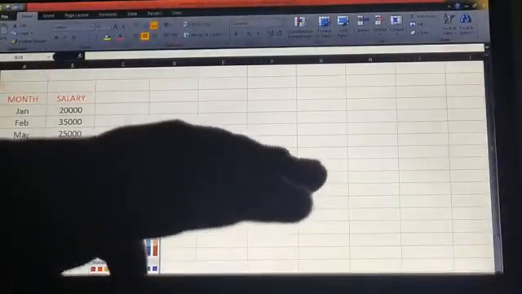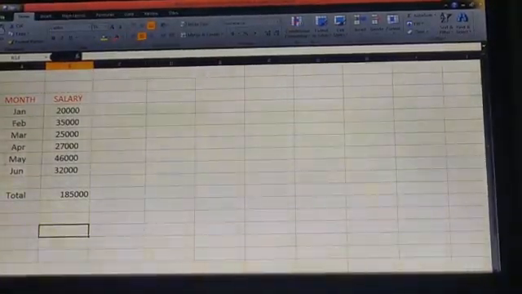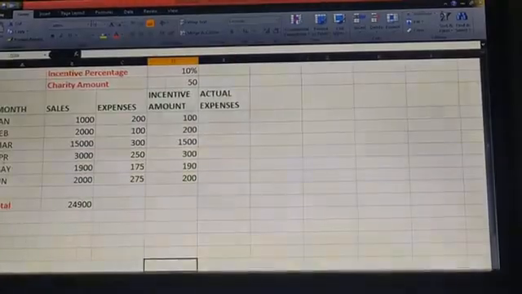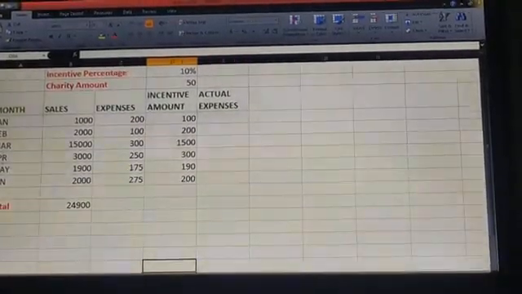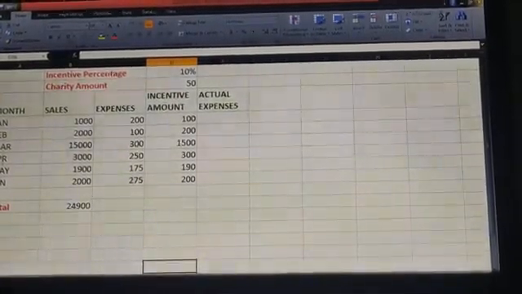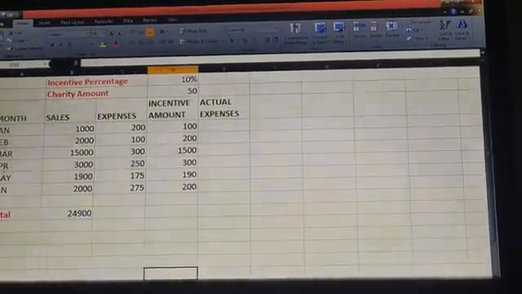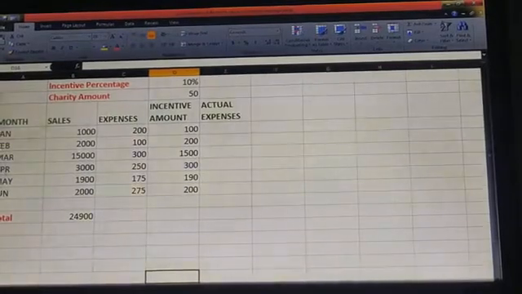Okay, similarly, if you want to change the color of the Salary tab, then you have to change it like that. Now the Salary tab is not changing because it is the active sheet. So if you move to the Sales sheet, then you can see the color change on the Salary sheet tab. Okay, so this is very simple. You have to right click on any sheet tab and choose the Tab Color option, and you can find multiple colors from the theme color option.